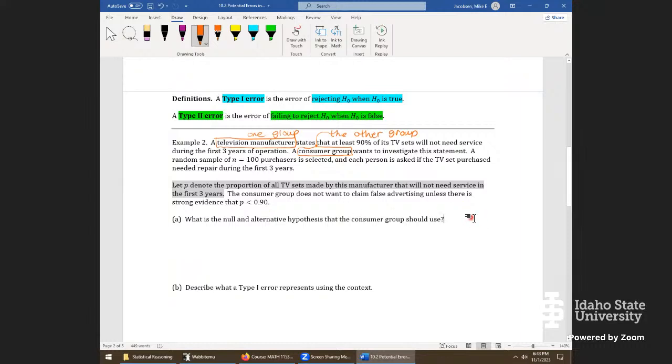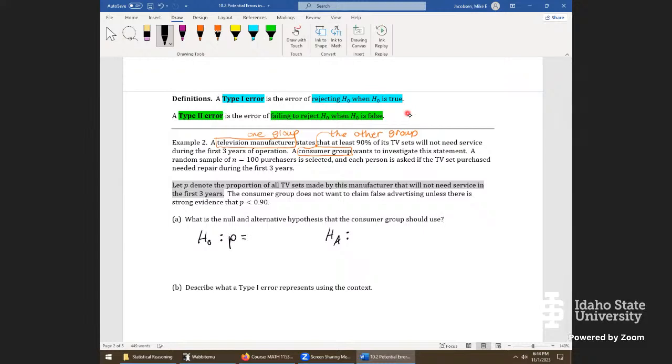So for that information, they're asking us, what is the null and alternative hypothesis that the consumer group should use? So we're thinking of being actually part of the consumer group. Imagine you're, say, the director or the editor-in-chief, something like that. And you're going to write down these hypotheses very, very carefully. And also think about the errors you might make. We'll look at those in the next following parts. So start off like this. I have different color coding on this page of notes. I'm going to keep blue as type 1 error, green as type 2 error, since that's the tricky thing we're trying to